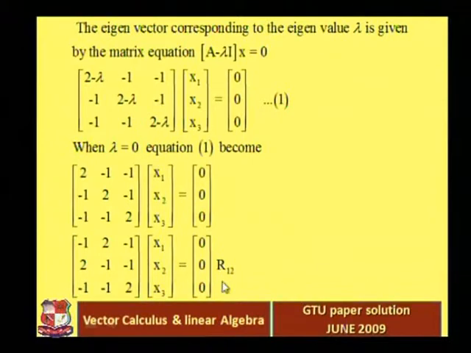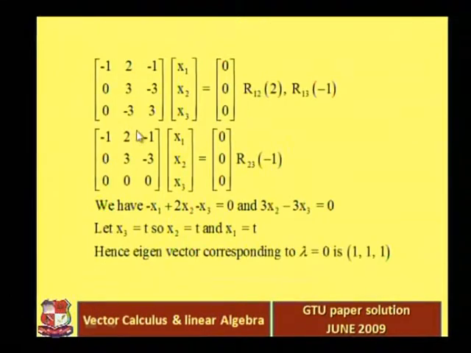Again we multiply the first row with minus 1 and add into the third row, so we get 0 minus 3 3, and then multiply second row with 1 and add into the third row, so we get 0 0 0. So this is a matrix in row echelon form, because this is our leading entry, and below that leading entry we already have 0. In the second row this is our leading entry, and below that leading entry we have 0 here, right?